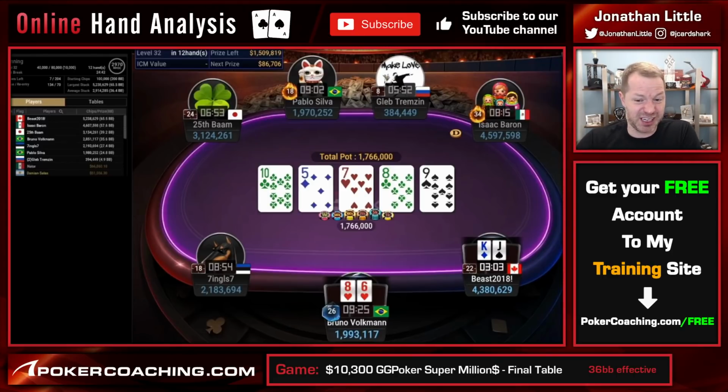This is a spot where he should be bluffing a ton. And Bruno with the bottom end of the straight, I think it's just a reluctant crying call, and he's going to be long gone. Beast does go for the jam, as expected. And I think Bruno just has to call. This is unfortunate. I would have called here,